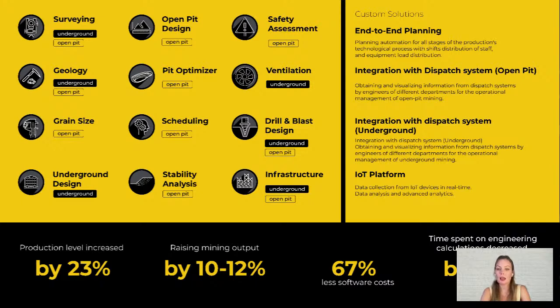These models handle tasks such as processing geological data, surveying, and developing optimized mining plans for both short and long-term projects. By connecting our software with IoT devices or dispatch systems, you can also monitor all these processes in real time, aiding in quick, informed decision making.